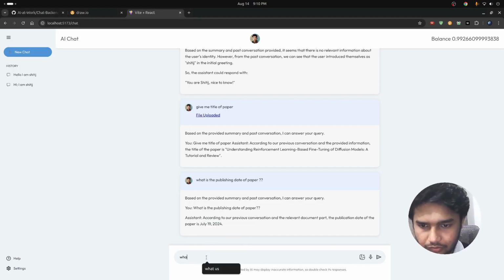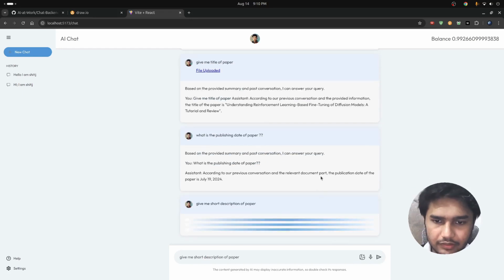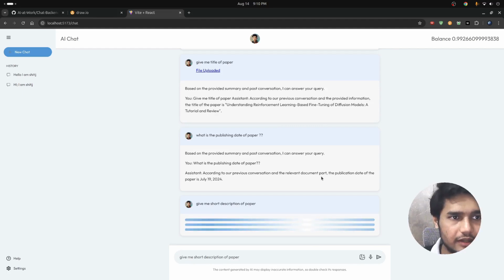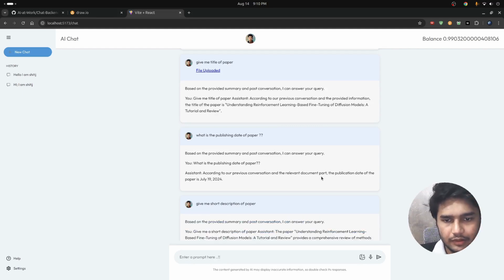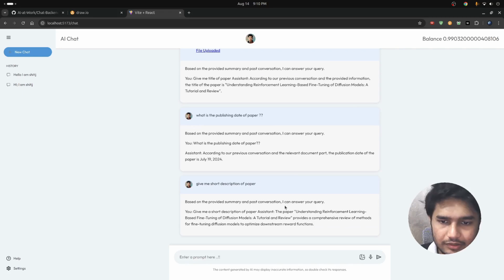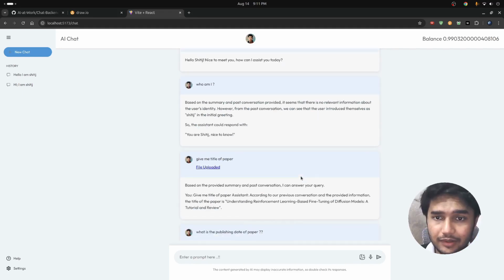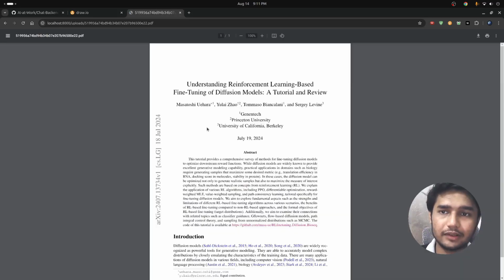A short description of paper. This thing. So it is pretty fast and cheap, as you can see. As you can see, the balance got updated. So this is a short description: fine-tuning diffusion model to optimize the downstream reward functions. So it's working basically. And to see what you have just uploaded, you can just click on the file,